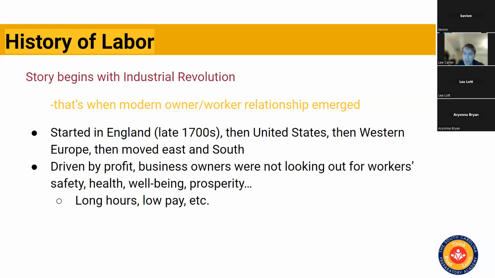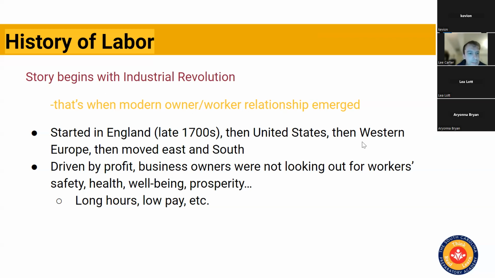Before that, you had more of the feudal lord and the peasants working for them, where the lord owned all the land. You've had different systems throughout history, but that's the one coming out of Europe that then breaks down, and we end up in the modern capitalist system, the one we're thinking about when we think about the owner and worker relationship.